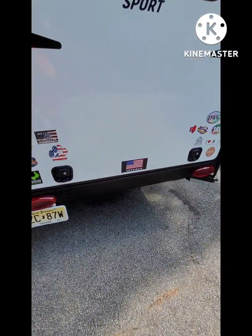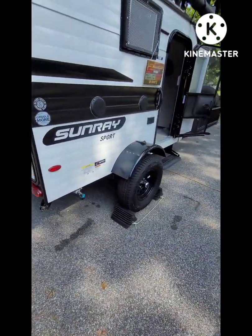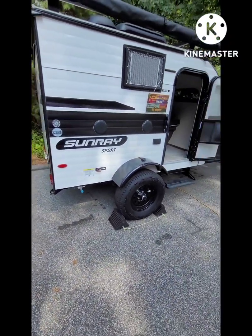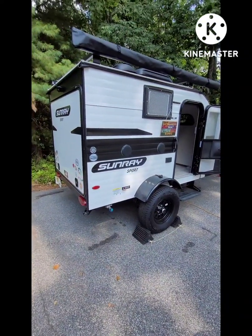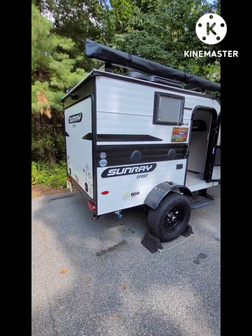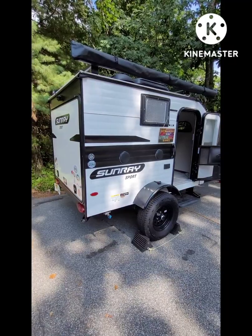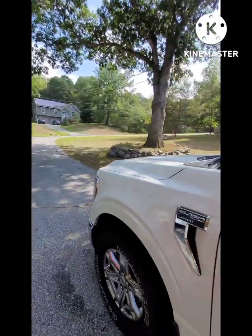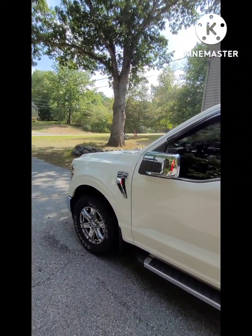Oh, one other thing. When we got this camper, our first trip, when we went down to Virginia, down to Williamsburg, half hour into the trip, we lost trailer brake. So when we got it home, along with the refrigerator, we told them about the trailer brake, because we have a new Ford F-150 2021, so the intelligent